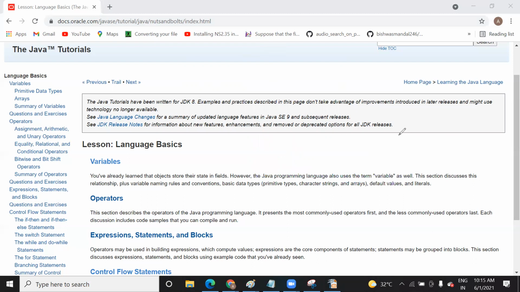Suppose this is your object. Inside the object you have a variable and its value. The object holds a variable and value, and this variable will define what kind of operation you are going to do in your program. As of now, just think that an object is a real-time entity which holds a value and a variable.